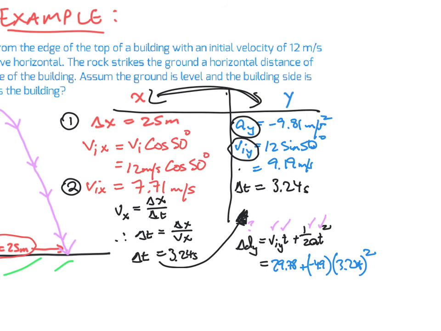We multiply that by 4.905, and we get a value of negative 51.49 meters. And of course we keep our first part in there, and what we're going to get is a value